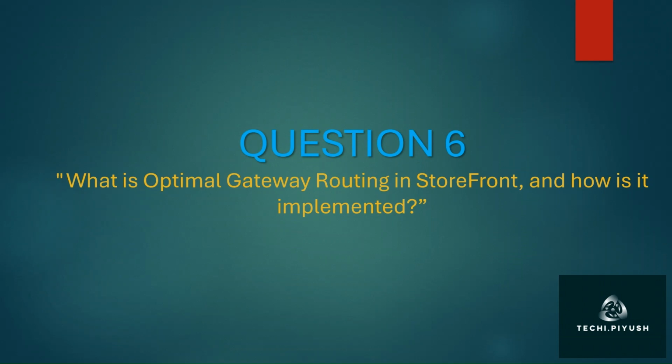How can you configure Optimal Gateway Routing? To configure OGR, first you need to configure zones in Citrix Studio. You need to open Citrix Studio, navigate to Configuration, Zones, and create or update zones for different data centers or locations. You need to assign delivery controllers, VDAs, and gateways to the relevant zones. Then you need to register gateways in StoreFront. You need to open the StoreFront management console, navigate to Manage NetScaler Gateways, add each Citrix Gateway, provide a unique name, URL, and authentication settings. Ensure the gateway is associated with the correct zone.